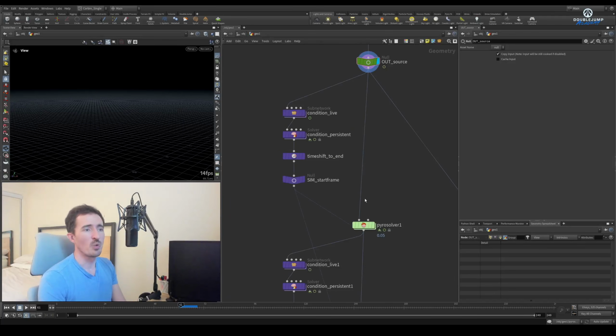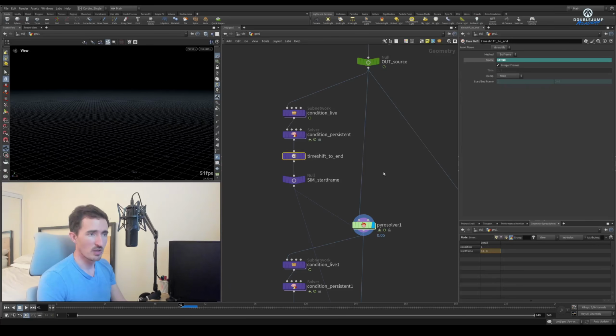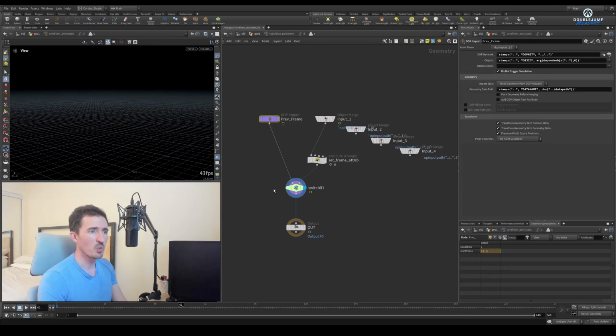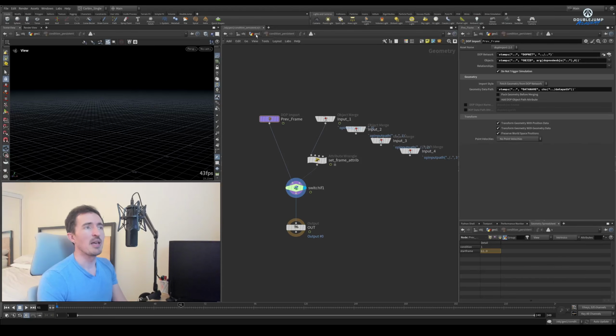Okay, so it just proves the point that you can easily make mistakes, but doing it this way, there's no mistakes. It just automatically calculates the very first frame where there are any density values above a certain threshold. Because of the time shift, it calculates that all in one go. And because of this switch over here, in a smart way that it looks at only the first input, which is the previous frame, and there's no heavy geometry like the volume still existing,